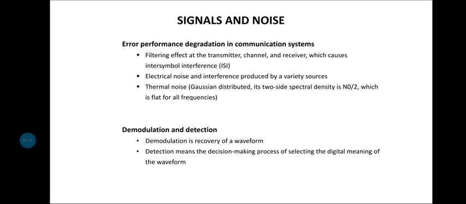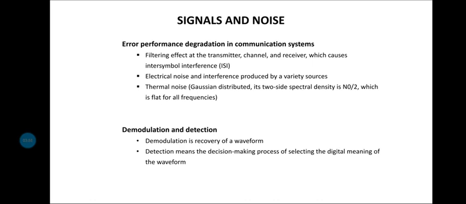When it comes to baseband demodulation and detection, we need to look at some criteria which will decide how error performance can be improved, because we are talking of a pulse losing its original shape when it reaches the receiver end. So how do we look at the error? What is the performance of that particular pulse that we have received? All those components come under the topic of signals and noise.